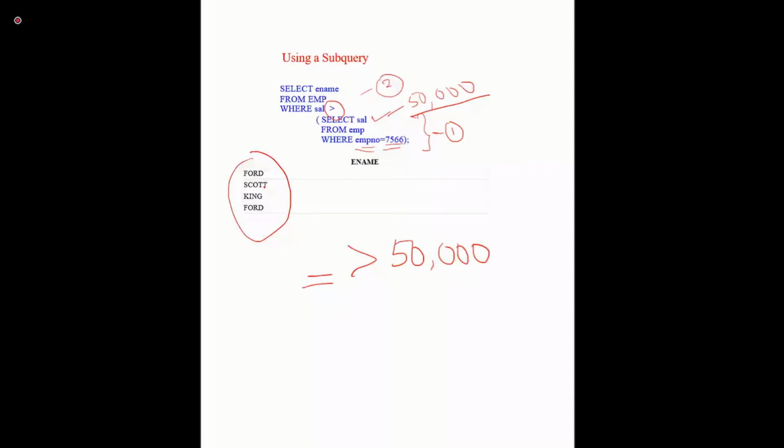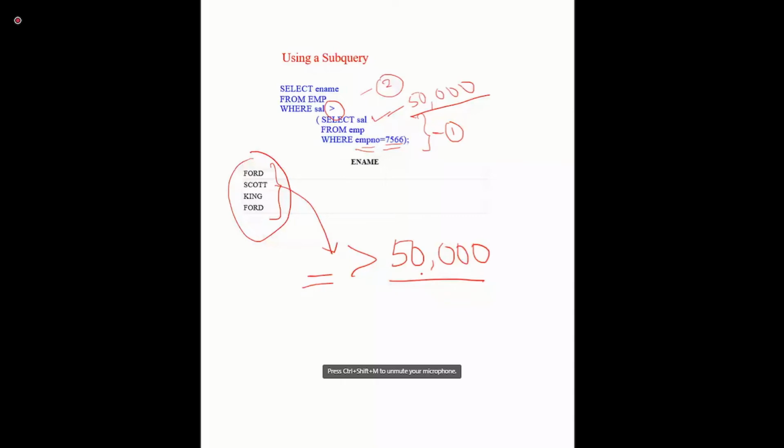That employee name list we have to prepare here. So these are the 4 employee names whose salary is greater than 50,000. So first we have to find out that particular employee's salary,